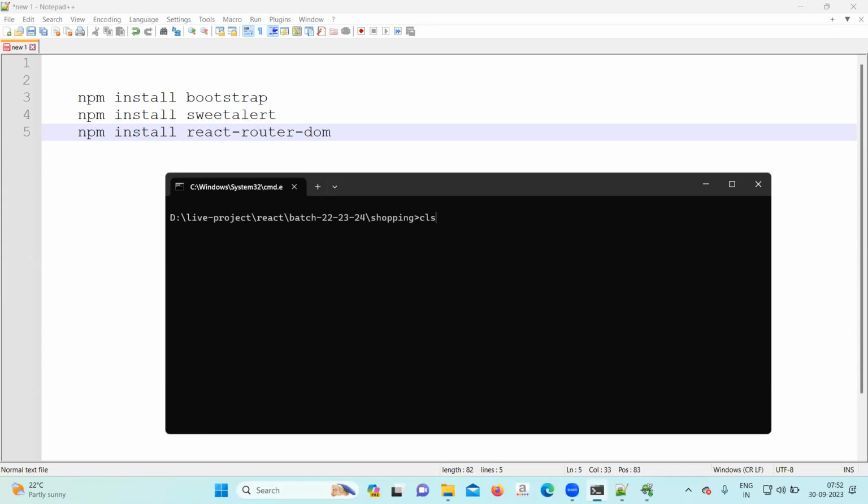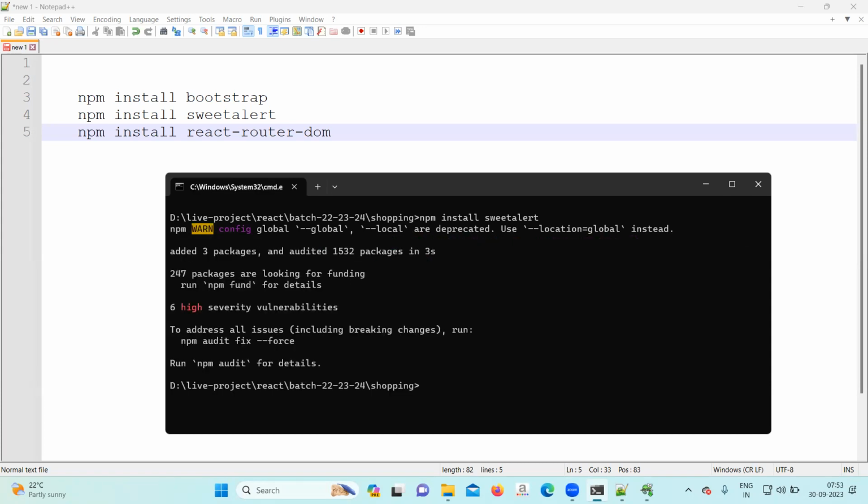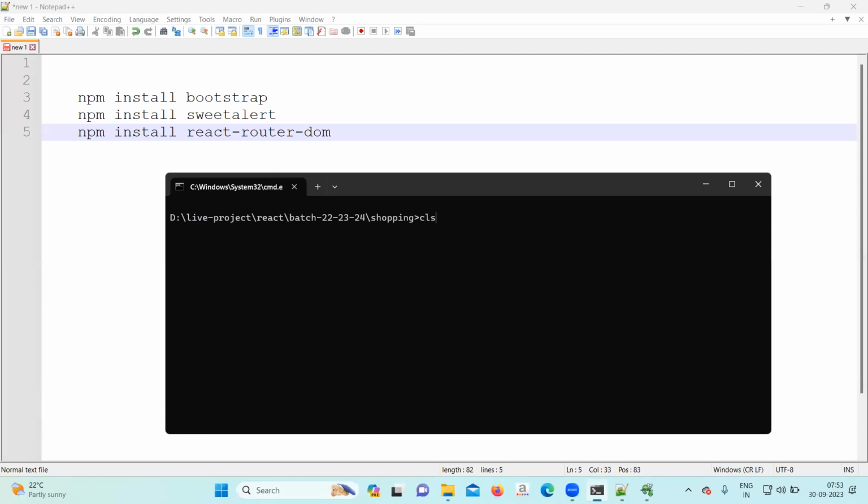Again, run the next command: npm install SweetAlert. Then npm install React router DOM.